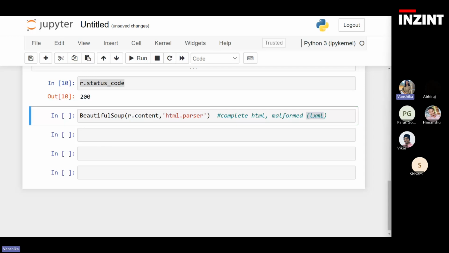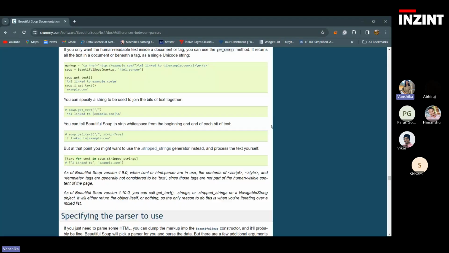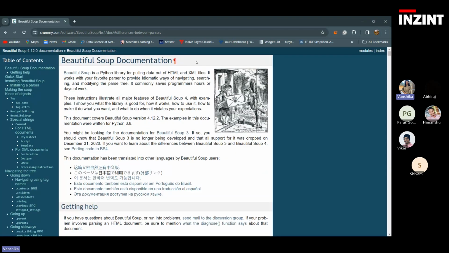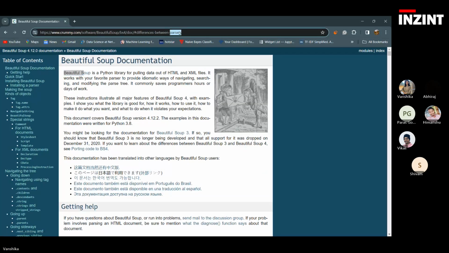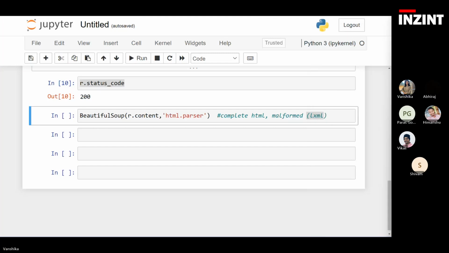If you want more information about parsers, I'll drop this link, and here you can have a look at the Beautiful Soup documentation. You can scroll and you will also get some information about different kinds of parsers that you can use. So here is the link. Please feel free to access it later. All right,